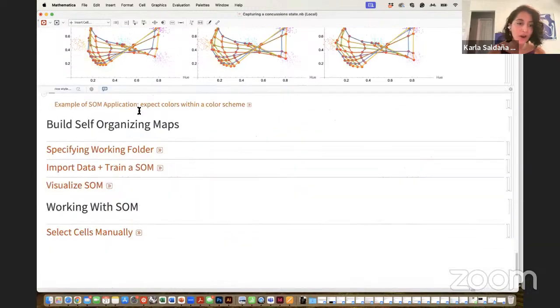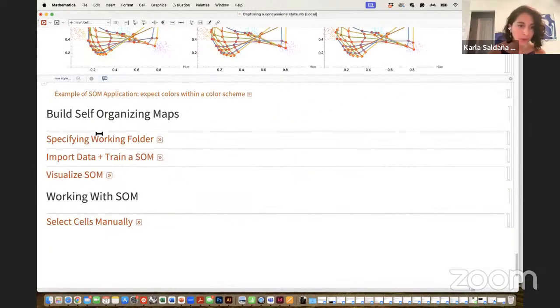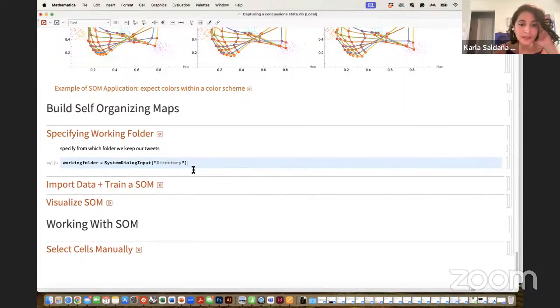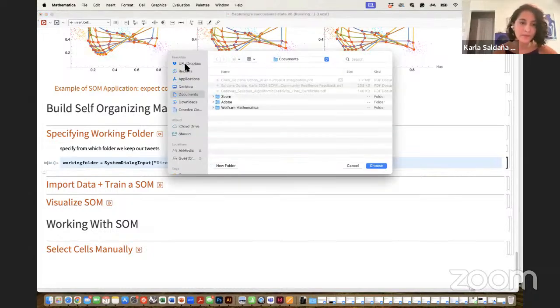So now that we know how self-organizing maps work, I want you to go here. We're going to build these self-organizing maps. And similar to the feature vectors, if you close your notebook and only run it until the feature vectors, you have to run this line again. But if you're following along with me, you don't have to do it, just for the sake of replicating what you could do.